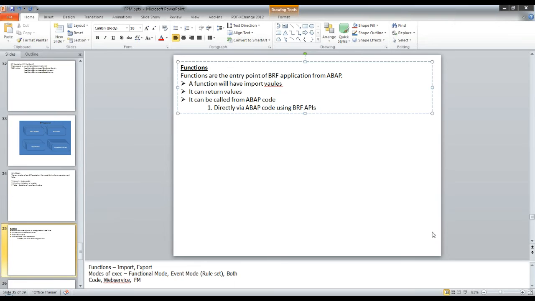We can use those classes to create an object of an application and then call a function of an application from the methods. Next is we can call a function using a function module. And next is we can call a function module using a web service. So these are all the three possibilities to call a BRF rule, to execute a BRF rule.